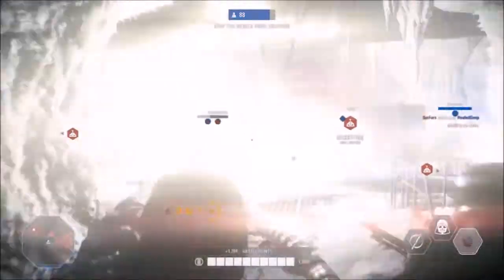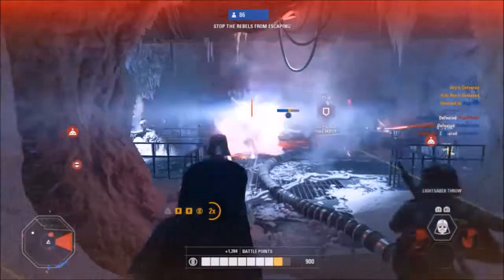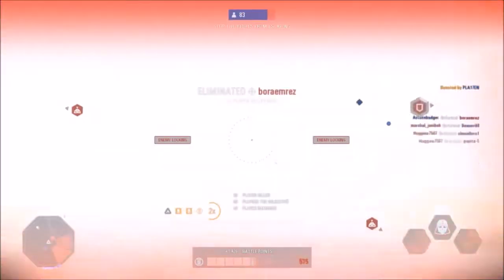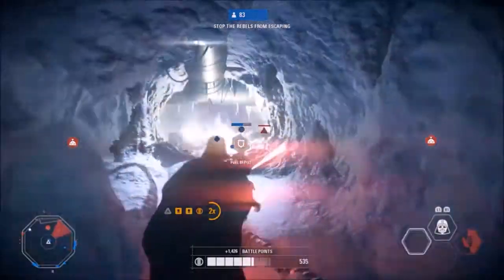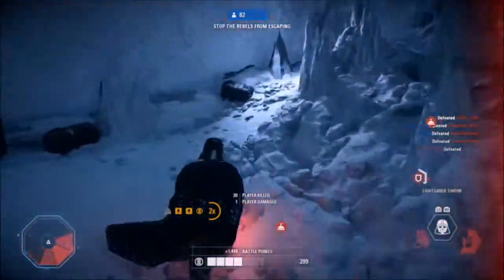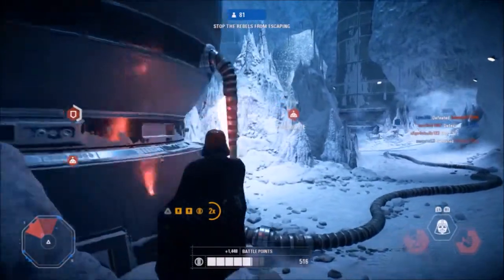Vader's saber throw is also a major strength, for a variety of reasons. First of all, it is thrown horizontally, as opposed to Maul's saber throw, which is thrown vertically. This makes it easy to aim, and also means it has a wider damage area. It also does 150 damage upon contact, meaning you will kill all ordinary troopers in one throw, with the exception